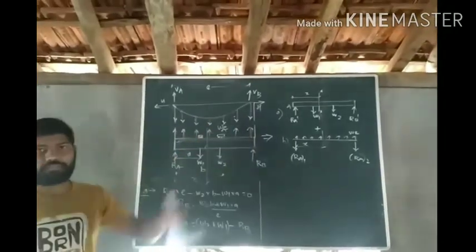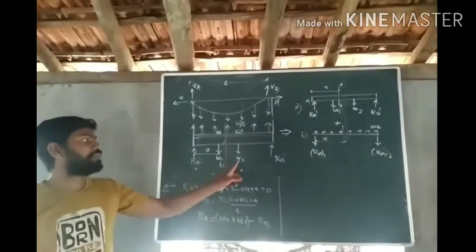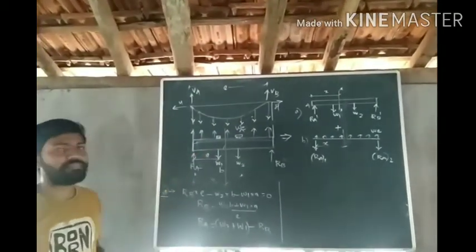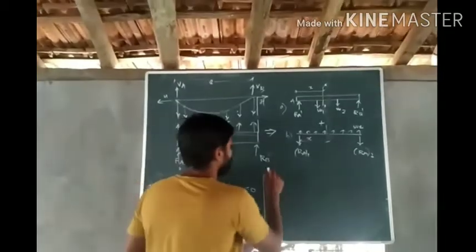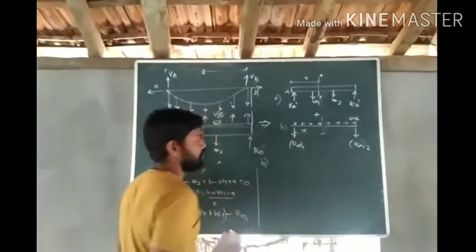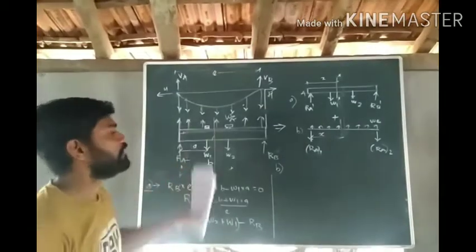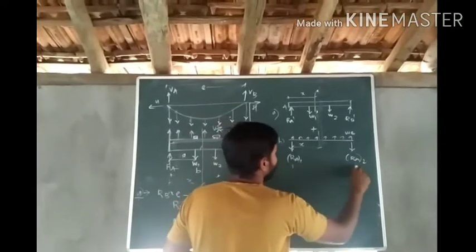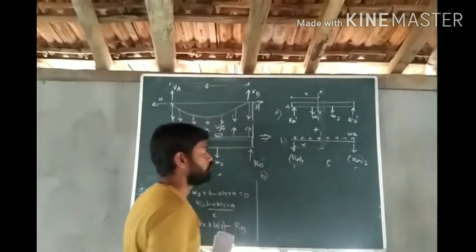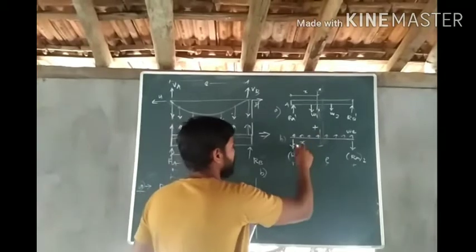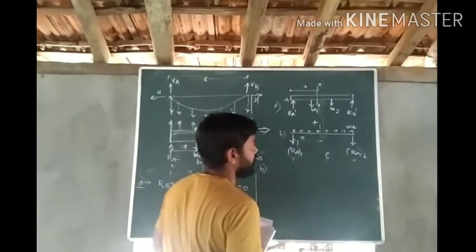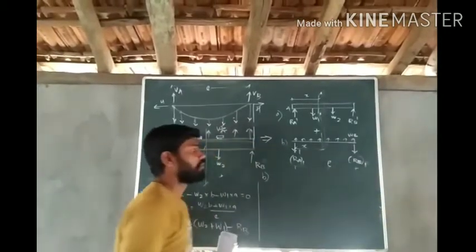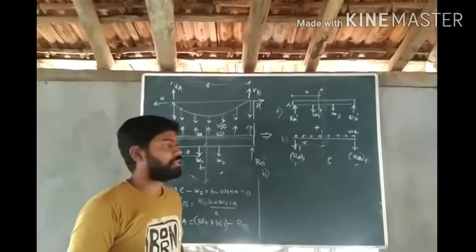This is for the first part, when we have considered only the external load acting on the stiffening girder. Now the second case is the UDL, that is the upward thrust provided by the suspenders, WE. The total span is L and this is WE. As this WE is in the upward direction, the reactions RA1 and RB1 both will act in the downward direction.